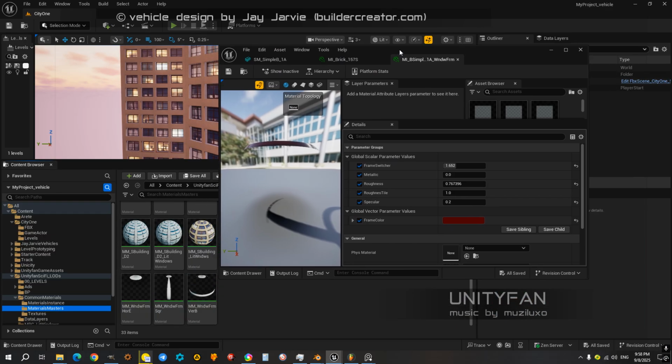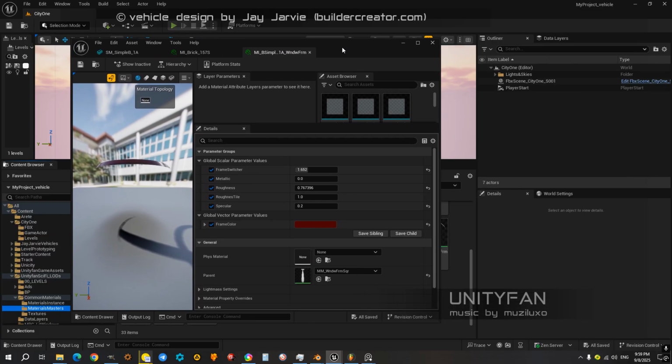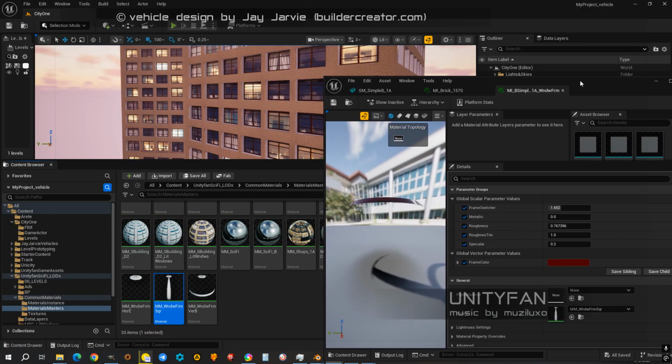Just give me a second. I don't even remember which one, but you can always find it right here. Parent. If you click here, it will find it in the content browser. Double click on it.